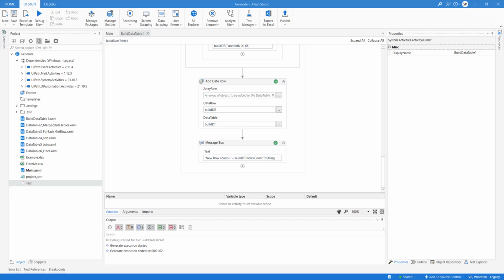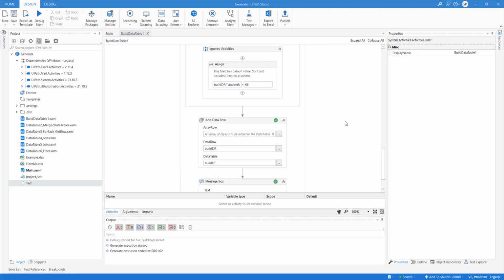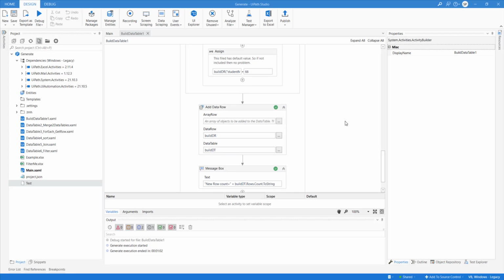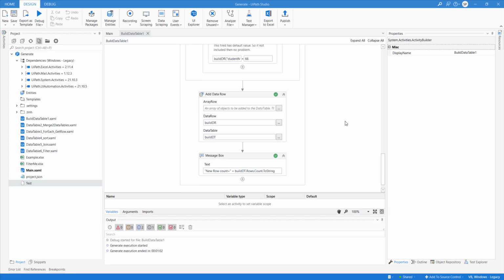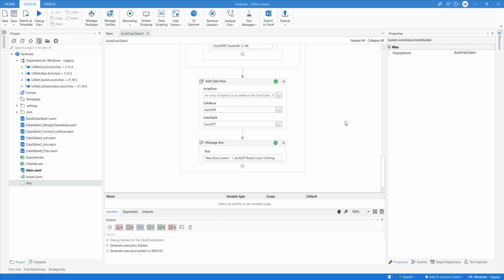Satish, if I want to do multiple operations after reading this data, can I put some script, and if so, can it be in Python or what language do I need to use? What do you want to perform? Tell me, I'll give you a better example. Once the data is there, what do you want to do with that data? I want to remove duplicates from that. We already have an activity for removing duplicates. I'll showcase it in the next example.